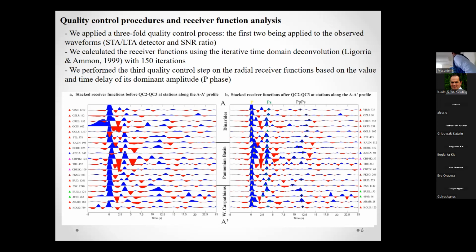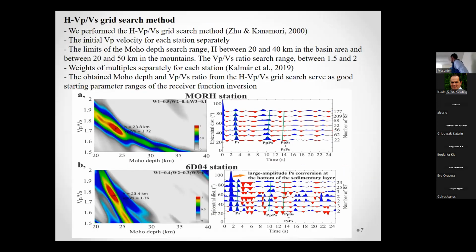So the first interpretation method was the H-Vp/Vs search method, where H is the Moho depth and Vp/Vs is the Vp/Vs ratio of the crust. In this case, we set a lot of initial parameters for each station separately. I show two examples. The first is the MORA station, which is located in hard rock, and you can see the receiver function is